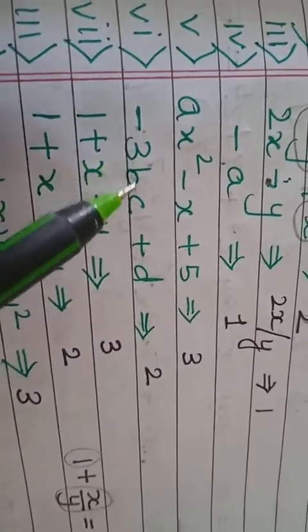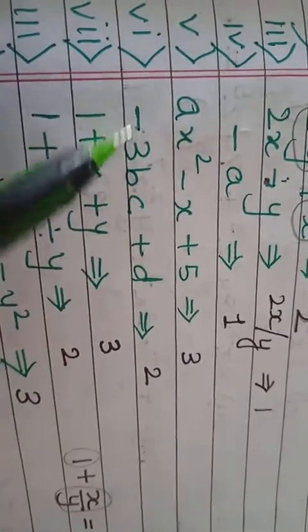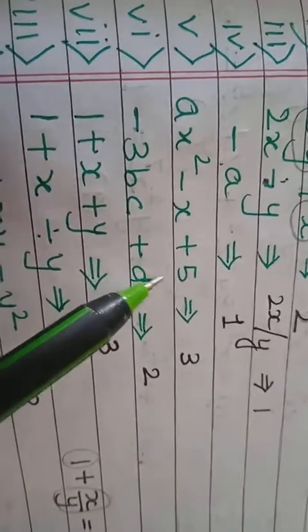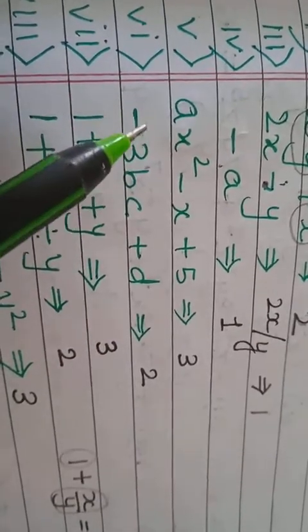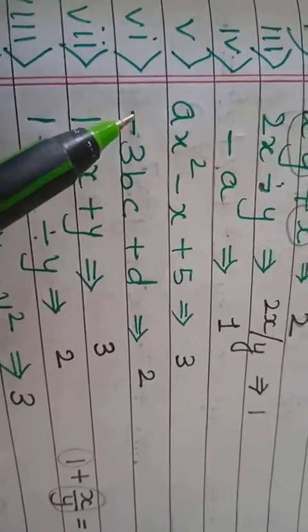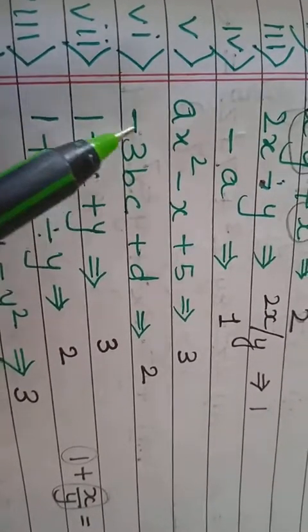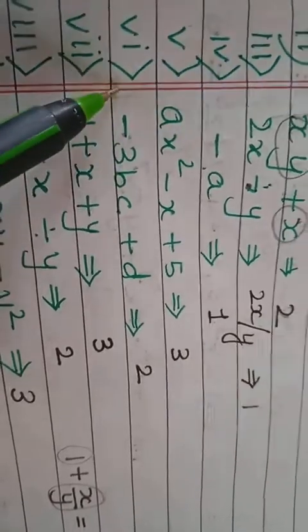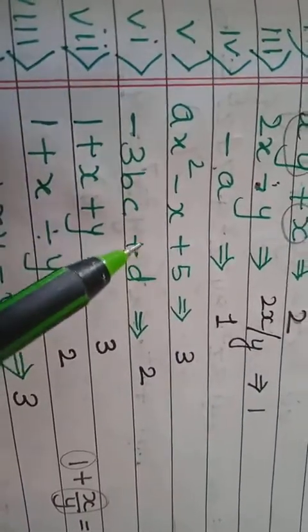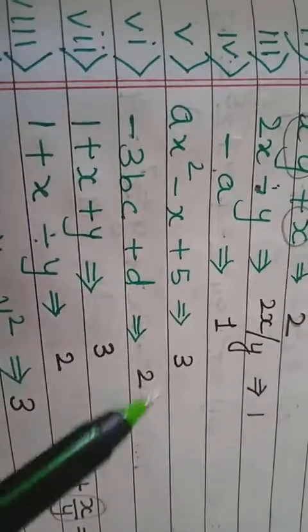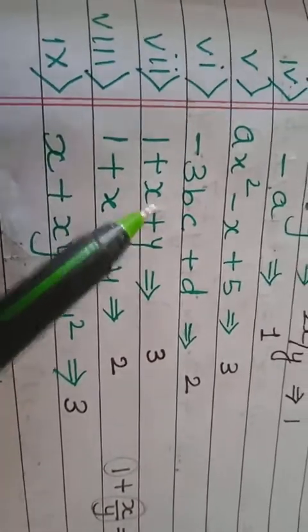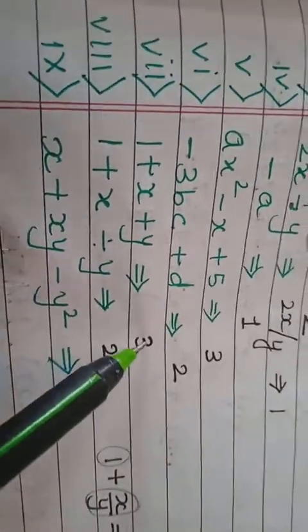So, you can see here minus 3bc plus d. So, 1 and 2. Number of terms here is 2. Now, you will say here, why can't we do minus and plus? Because this minus is attached with 3bc, right? And here there is no term, right? So, this minus is with this and plus is separating these two terms. So, that's the reason 1 and 2. 1, 2, 3. It is clear cut. So, the answer is 3.